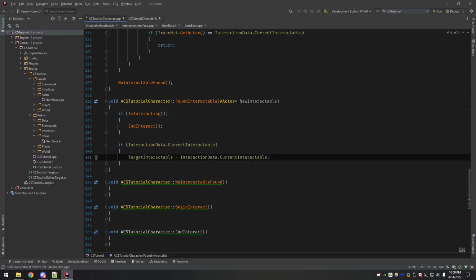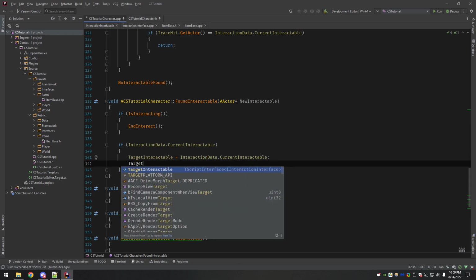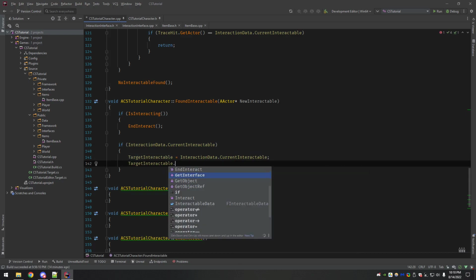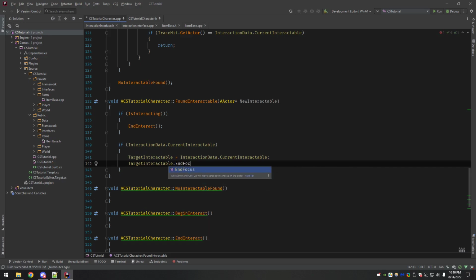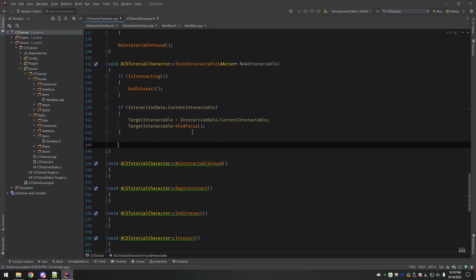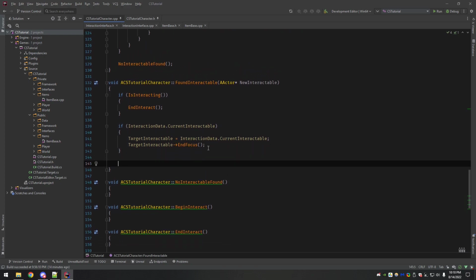The reason being, this is how we call the interface. So then we want to call target interactable end focus. The focus is going to be used, like I mentioned before, to highlight or something like that. And so we want to make sure that we are ending the previous interactable if we have something new that's not the same.